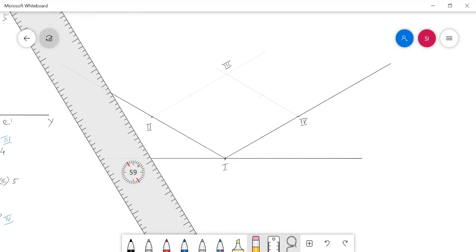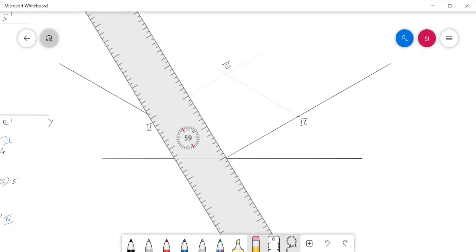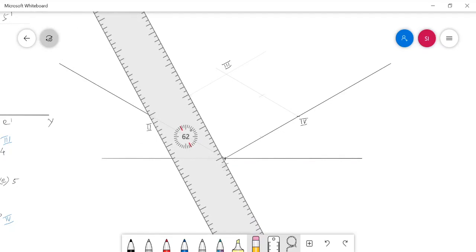So from the origin 1, draw lines towards the centers of 2 3 and 3 4. This can be done with the help of the 2H pencil.